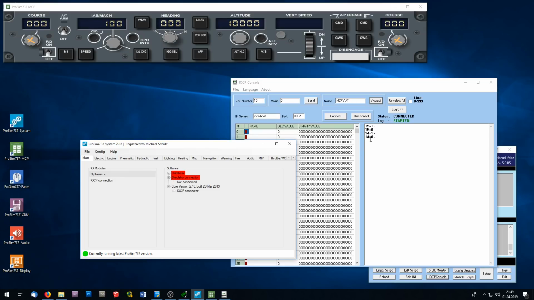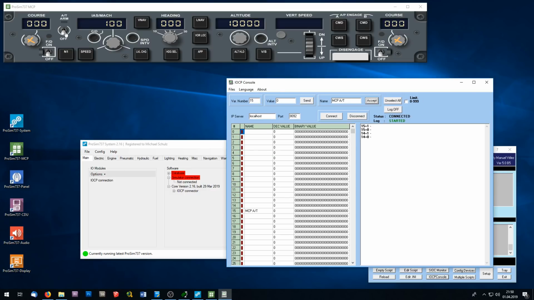And here you can already see in our logging that the value of 0 is sent for the state of the indicator here. And you can see it is off, so the state of 0 is right. And now if we assign a value of 1 for the variable number 15, which means we switch the auto throttle switch to ARM,